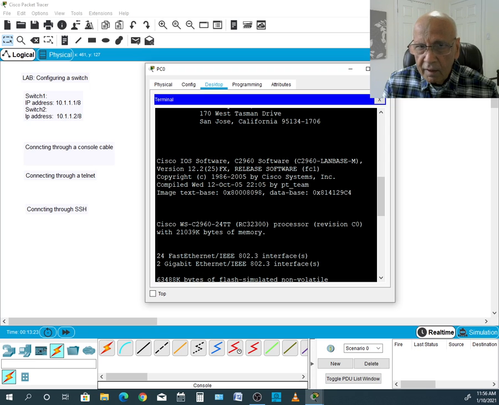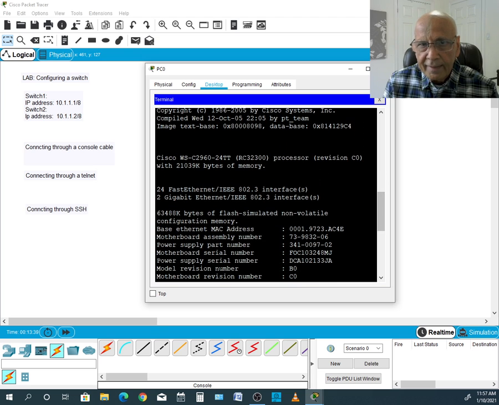So iOS, the Internet operating system which Cisco uses, like Microsoft, Mac, Linux, Red Hat. So Cisco has its own operating system. They call it iOS, Internet operating system. And then if you go down, it will give you that it has